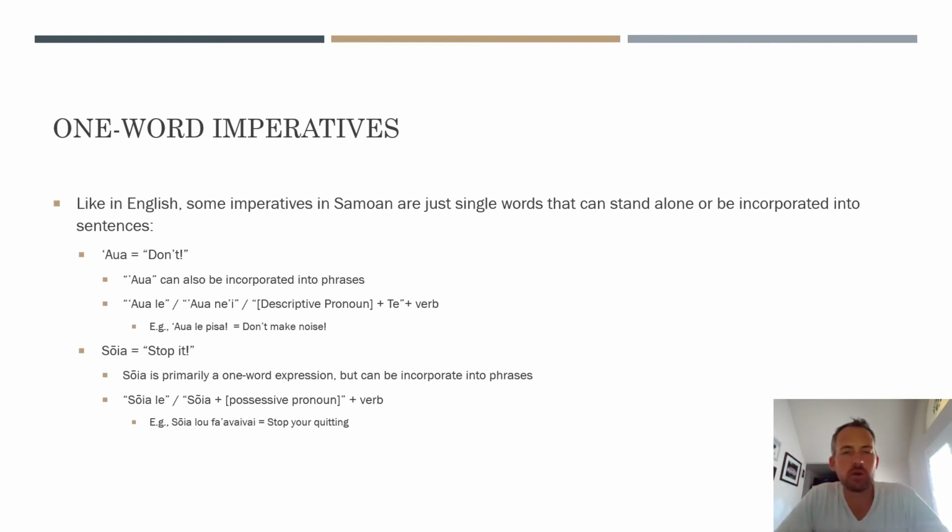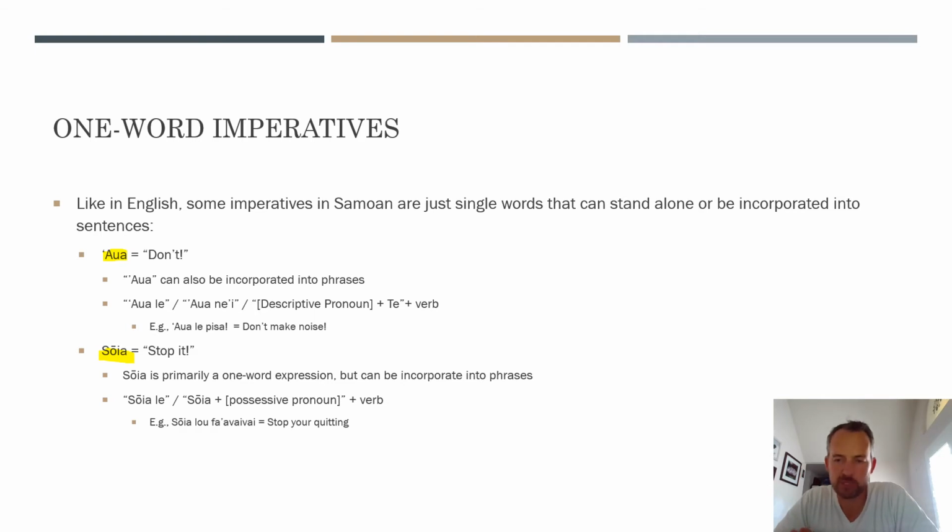All right, so similar to English, some imperatives are really just conveyed in a single word that can stand alone, but they can also be incorporated into phrases. And so the two that I'm specifically going to talk about in this video are awa and soia. So I would imagine that if any of you watching this video grew up in Samoan speaking